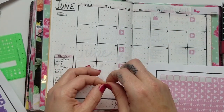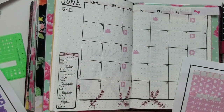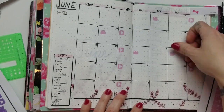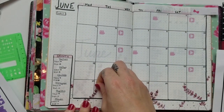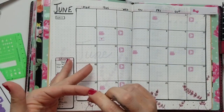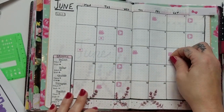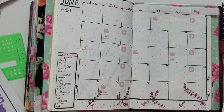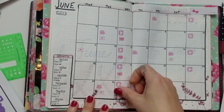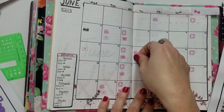Then I've also got some little cameras here that I'm putting on to remind myself which days I'm going to actually be filming. And later I'll add in the days that I'm going to be writing the blog posts and that sort of thing. Now that I'm managing a couple of different pen names, as well as this business on the side of Heart Breathings, where I'm putting in some YouTube videos, I'm working on developing a course, I've got blog posts coming in, and I'm kind of learning a whole new business when it comes to marketing myself as a YouTuber and someone who teaches, then I really need